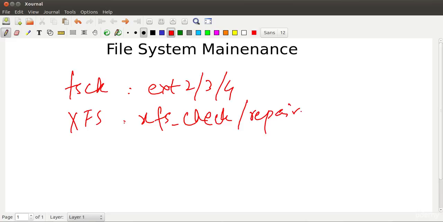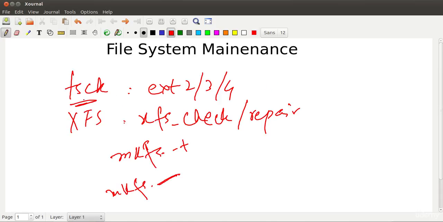Now, just like the mkfs command that we have seen, which was the front end for mkfs.whatever file system we had used with the -t flag,